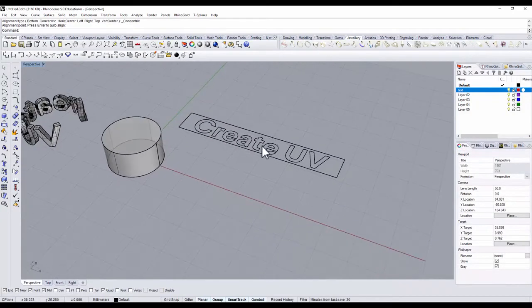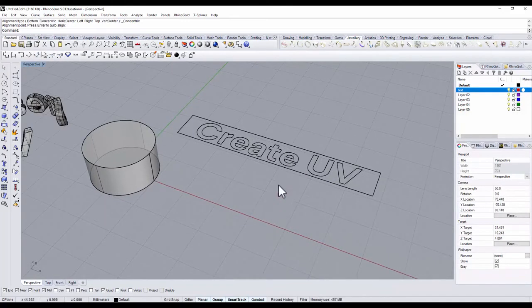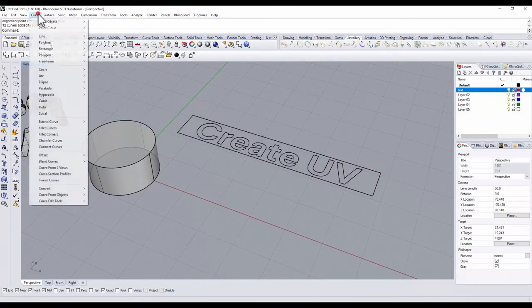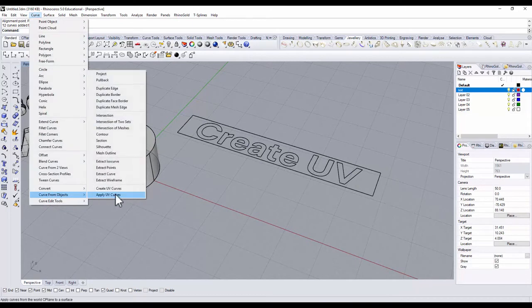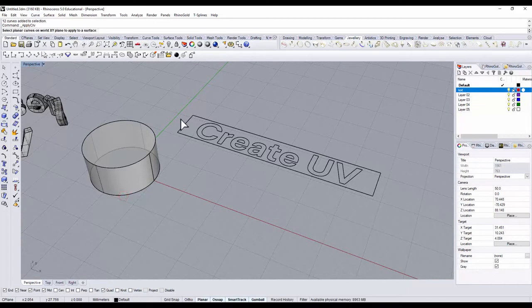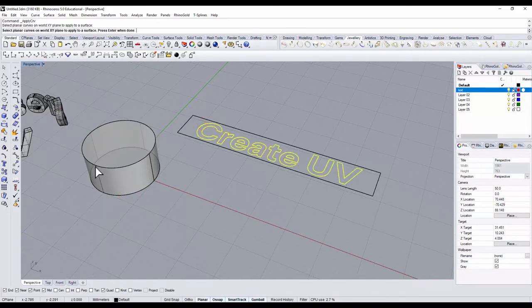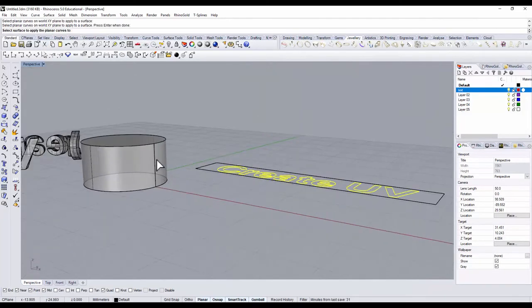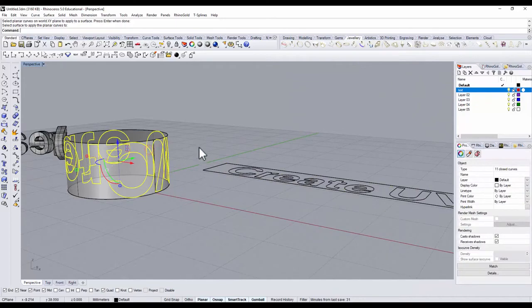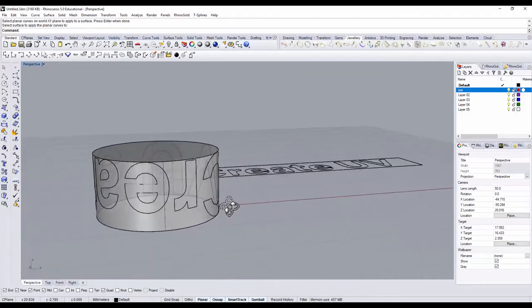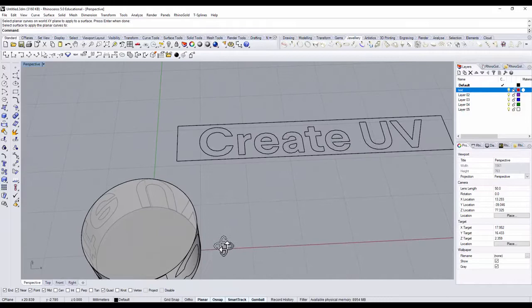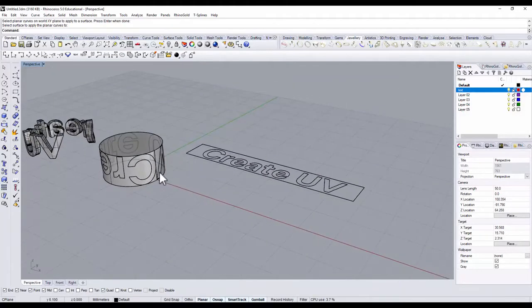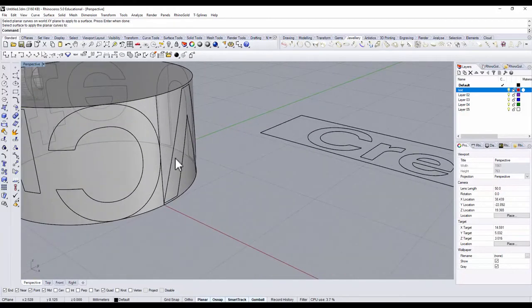So this time the command we are going to use, since they are all curves, is Curve from Object, and you have one called Apply UV Curve. It's going to select the curve, apply it to that surface, and then we pick up the surface, and this time we want to pick up here. Oftentimes they will be upside down. So what we like to do, and you also notice that the C and the V are